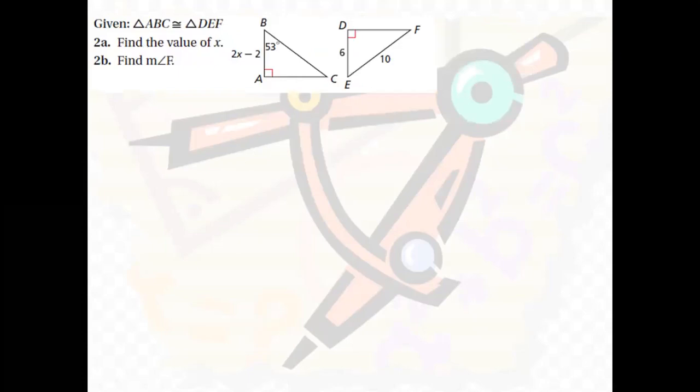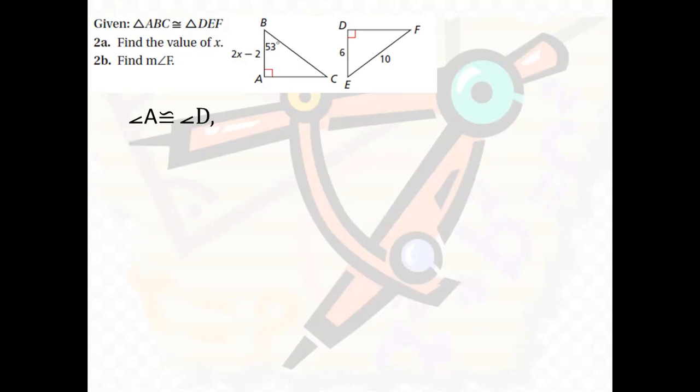Okay, now keeping that in mind, let's find out how to solve these questions. Given triangle ABC is congruent to triangle DEF. Now from the statement itself, you can find out which are the corresponding angles and which are the corresponding sides. So from the question, you can derive that